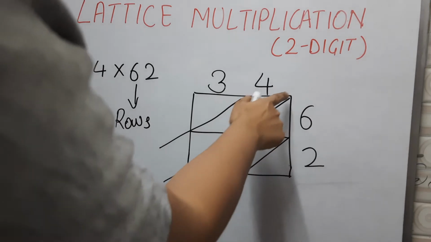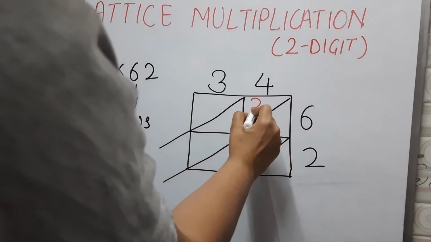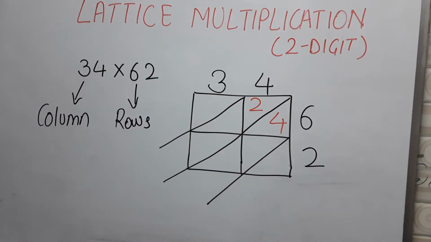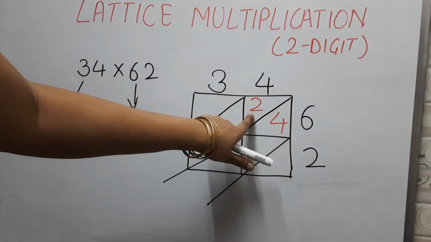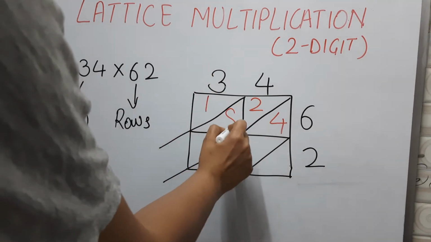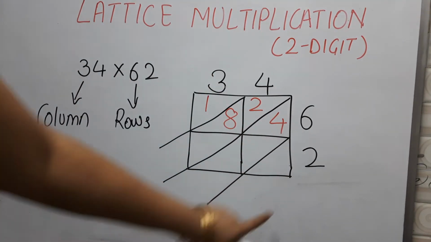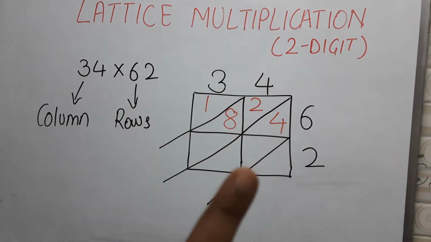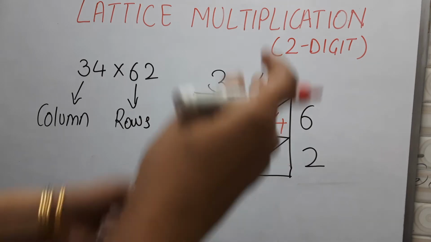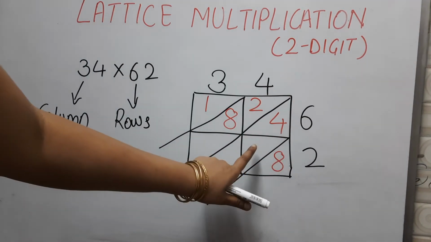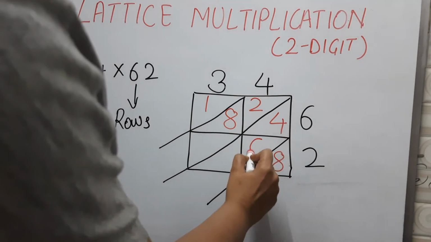So I told you that this is the division. Tens place over here, ones place digit over here. So 6 4s are 24. Now 6 3s are 18. 2 4s are 8. Now 8 is a 1-digit number and 8 is at ones place. So I will write 8 over here, and at tens place I will write 0.